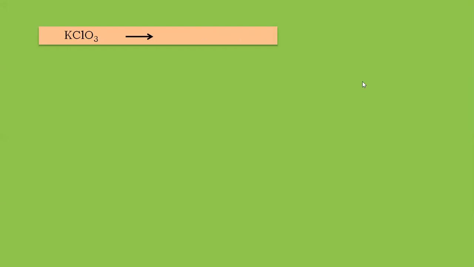Let's see. So KClO3. To balance this, my dear students, what are we going to do? Just a minute. Let me get rid of this. Okay. So now we see here the K on left hand side. This is the equation which we had. K on left hand side is 1, K on right hand side is 1, Cl on left hand side is 1, Cl on right hand side is 1. But O on left hand side is 3 and O on right hand side is 2.